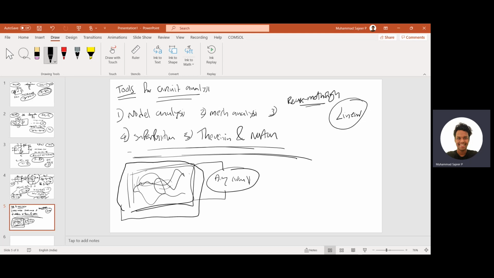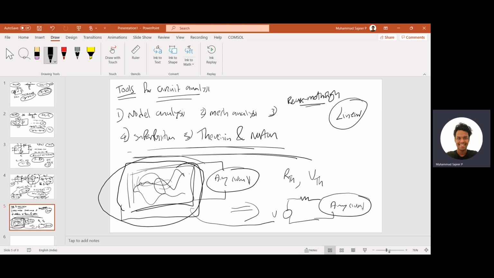I will just represent it as a voltage source and a resistance, which is R Thevenin, and the voltage is voltage Thevenin. So I will just change it like I have a voltage source and a resistance, and this is the any circuit. So you will simplify this big one into just a voltage and R Thevenin. This, with a voltage and resistance, is called a Thevenin equivalent